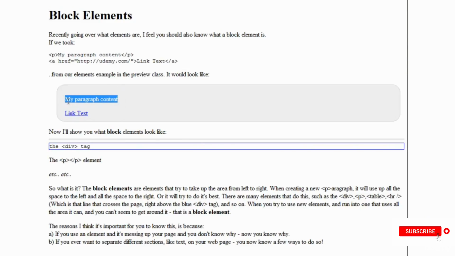Notice how we have the paragraph up here. Opening it with our content in the middle and then closing it is automatically going to take up all the space it can from the left to the right. So to formally tell you exactly what a block element is, a block element is an element, again, such as one of these, that will try to take up all the space it can from the left of it to